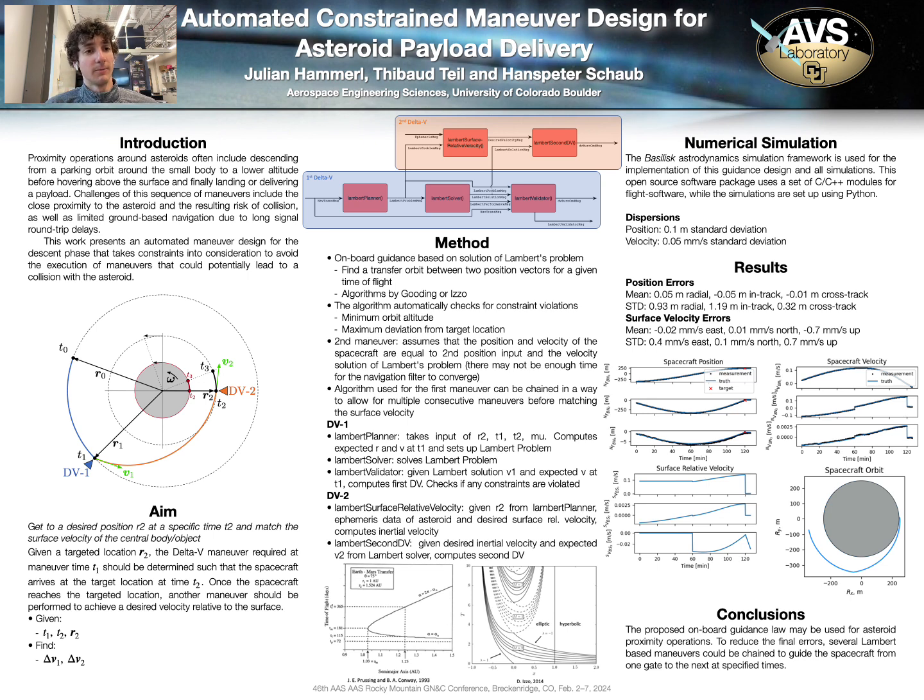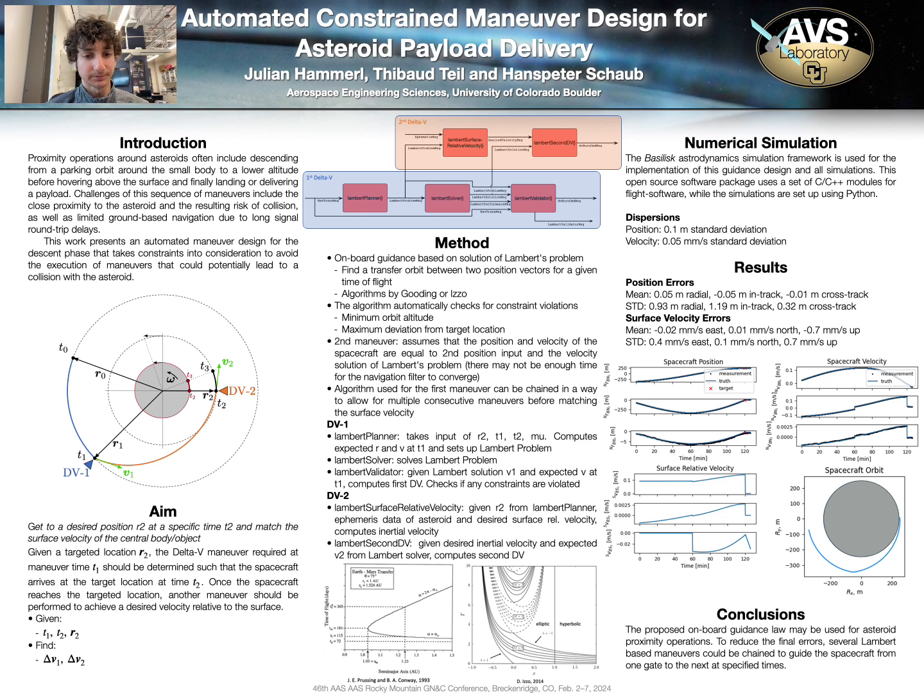And we dispersed the initial conditions with both position and velocity dispersions, and the results show that we arrive at the targeted location with mean errors of a few centimeters and with a standard deviation of about a meter or less. And the surface velocity errors are relatively low, in the order of millimeters per second for both the mean and